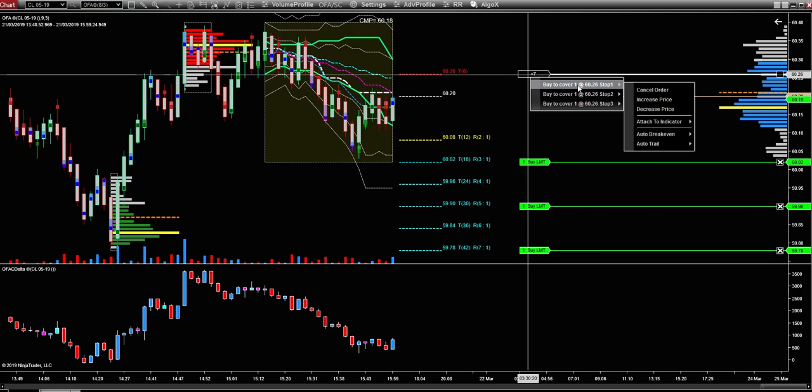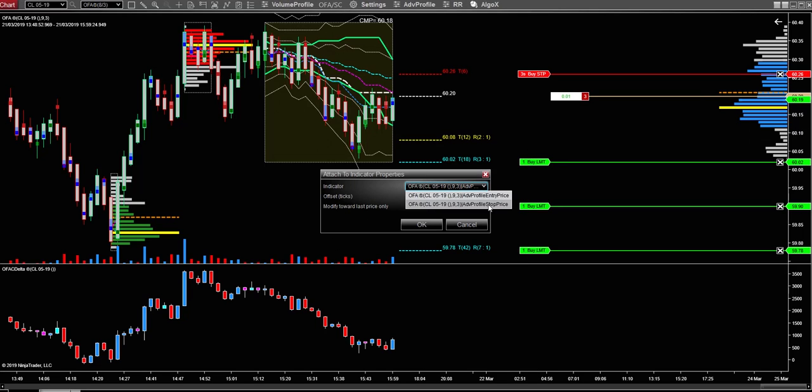I just want to explain here, in right-clicking this, you'll see the 3 contracts that we have for this trade. Each of these individually, in the current implementation of NinjaTrader, it is necessary to attach one by one to the stop setting that we have set up for this profile, which will set the stop and have it dynamically adjust with the stop setting that you have, in this case the DWAP. This does provide some flexibility, so if you wanted to have some of the stops set to the DWAP and perhaps one further behind at the standard deviation, or if you wanted some separation, there is the flexibility currently in